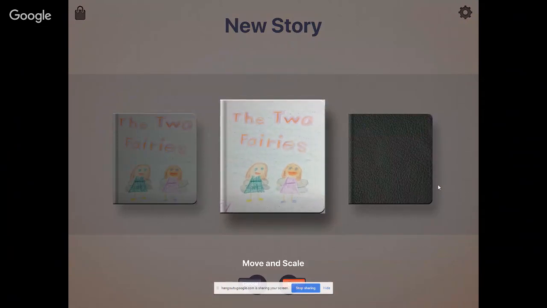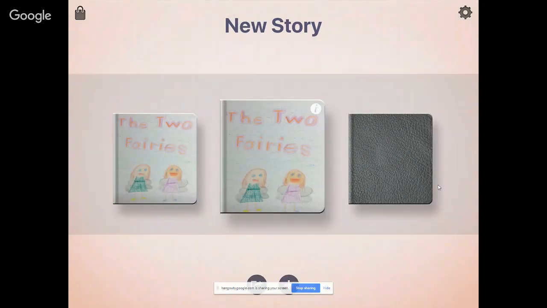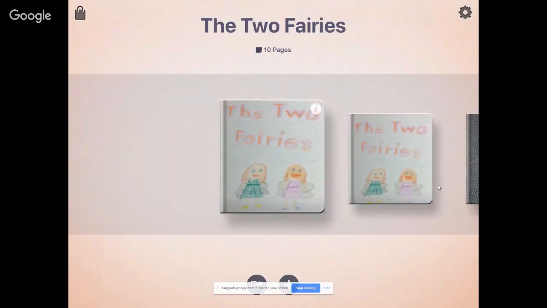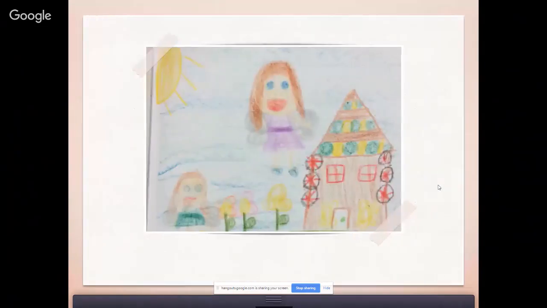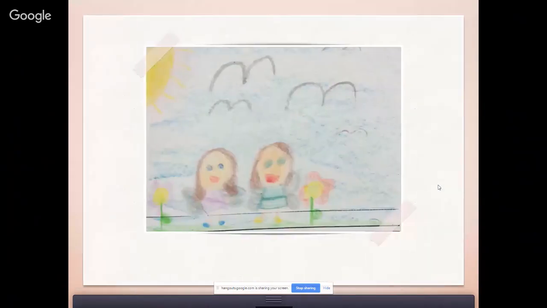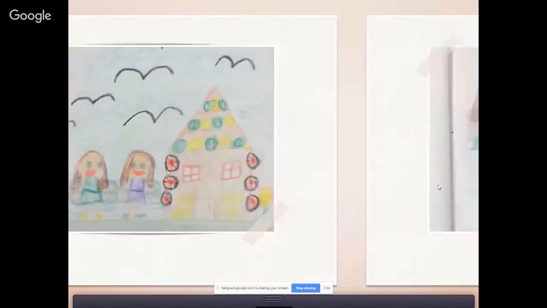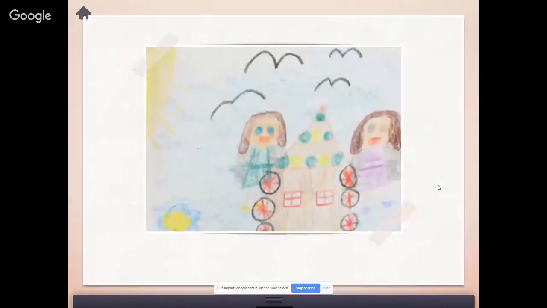Once you have the picture there, you can use 2 fingers to scale it, move it, do however you would like. So I have chosen the cover to my story, so I'm going to click done. And once you do that, your story is right there. So now it's time to actually add the contents from your story. As you can see, I've gone ahead and added the pictures from the story, just going through and showing you all of those.